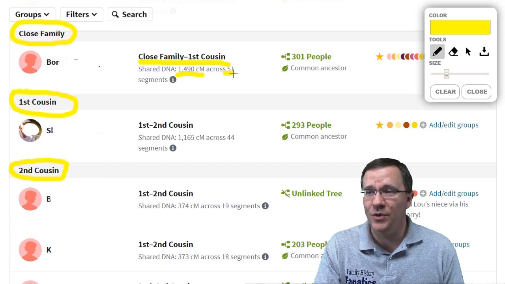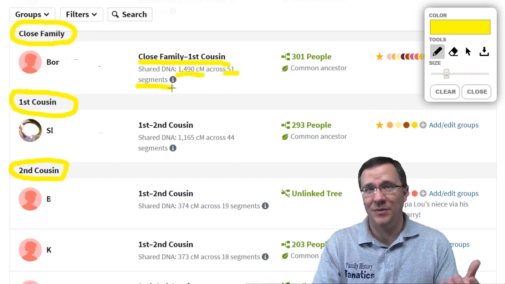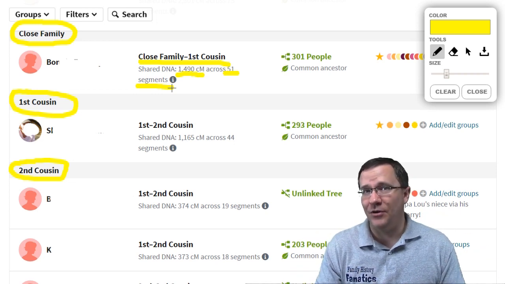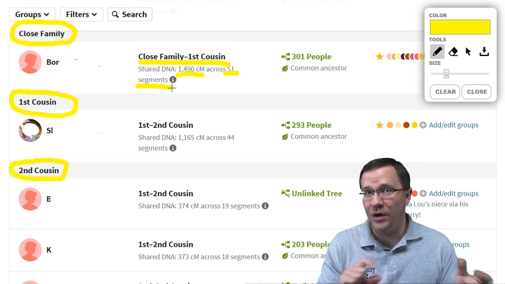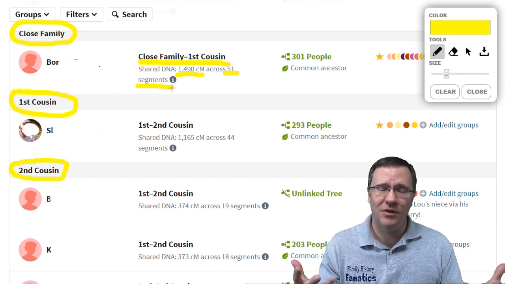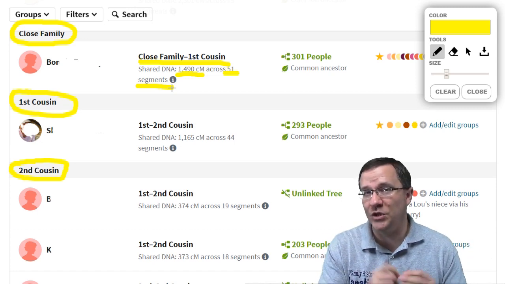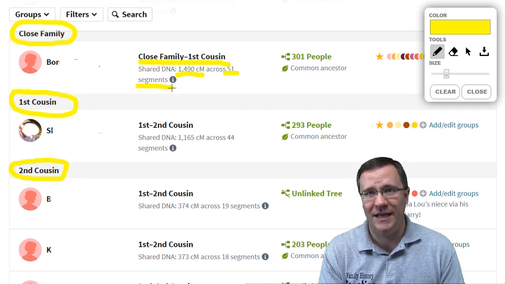It also tells you how many segments that is shared across. Now, a segment is just a chunk of DNA. Ancestry doesn't have a chromosome browser, but on some of the other websites, when you download your raw data and upload it to them, you can actually see on which chromosomes that person matches you.